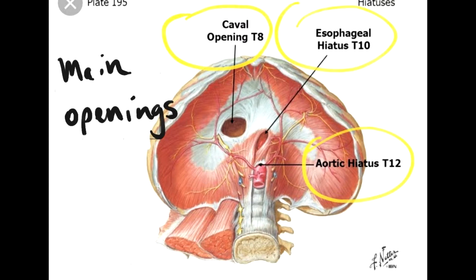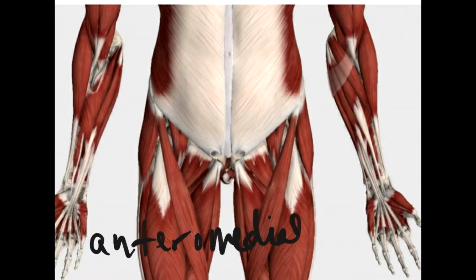These main openings include the esophageal orifice, for the esophagus, the vena cava orifice, for the inferior vena cava, and the aortic orifice, for passage of the aorta. When the aorta passes through the diaphragm, its designation changes from the thoracic to the abdominal aorta. In addition to these openings, the center of the diaphragm is composed of a sheet of tendon referred to as the central tendon. The muscles of the abdomen are often categorized by the general location, such as the anterior medial,